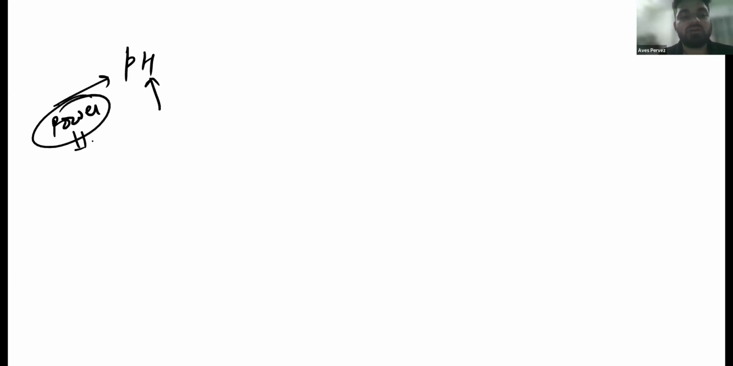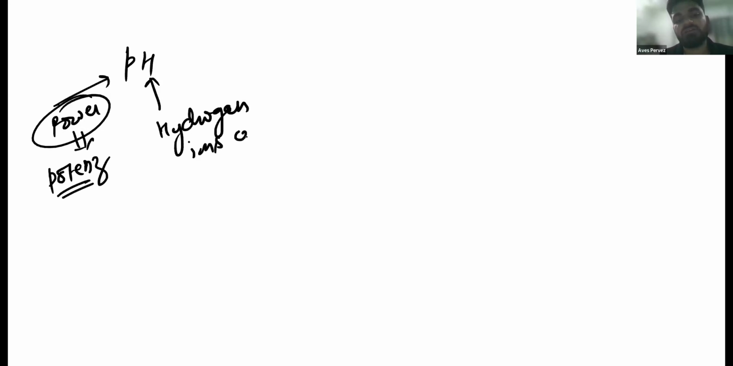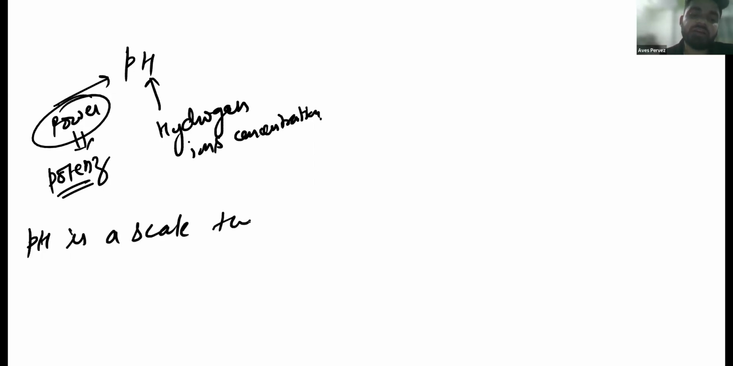Now moving towards the pH of a solution. So pH, what is P? P means power. pH means power and H means hydrogen ions. But this power comes from the Greek word potens, okay? And H means hydrogen ion concentration. So what does pH give you? pH is a scale that gives